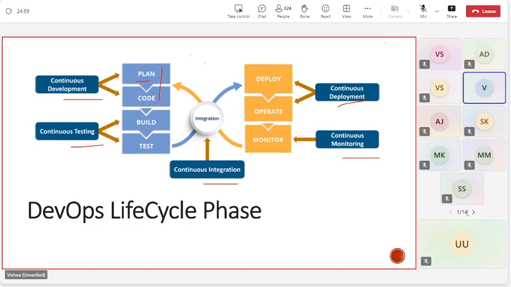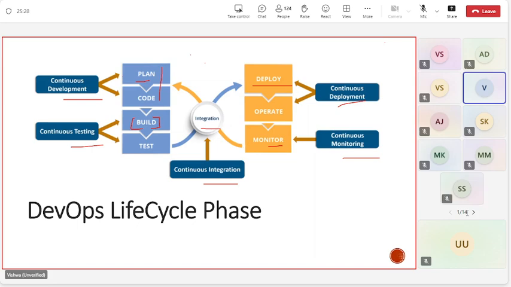Then the integration tool is basically the AWS pipeline. In the build phase, we have the code build, right? And then the deployment phase, we have the code deploy. And then monitoring, we have the CloudWatch. And overall, if at all we want to do any infrastructure deployment, we have the CloudFormation template.